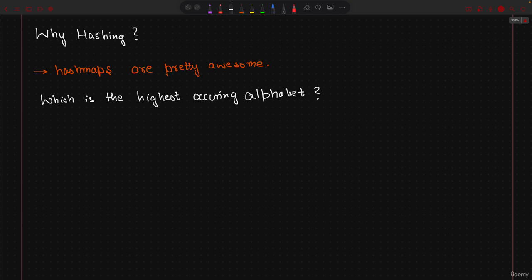The very first, which anyone can think of, is let us sort the string. All the A's will come in the starting. We have seen how lexicographical sorting happens. Let us sort this and count the number of occurrences of characters which are consecutive. If all A's are in the starting, we will count them, then all B's, then all C's. It's going to take you O of n log n,